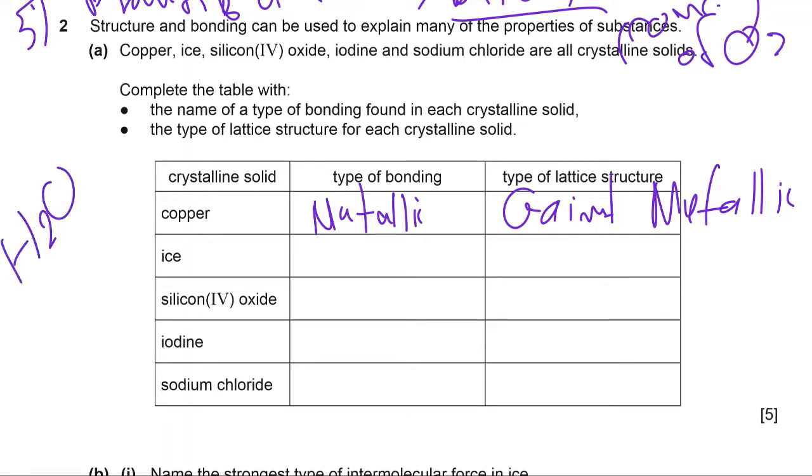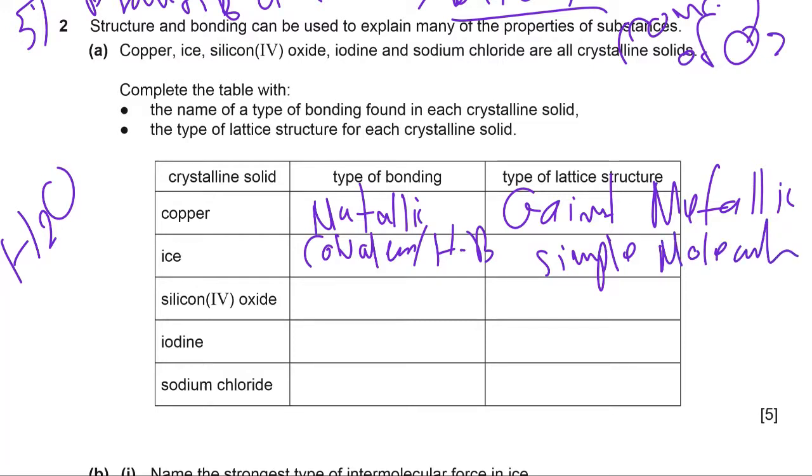H2O, what do you have? You have covalent and hydrogen bond. Covalent between the hydrogen and the oxygen atoms, and the hydrogen bond between the H2O molecules. Lattice structure, you can say simple molecular,